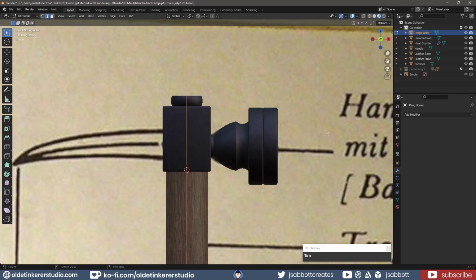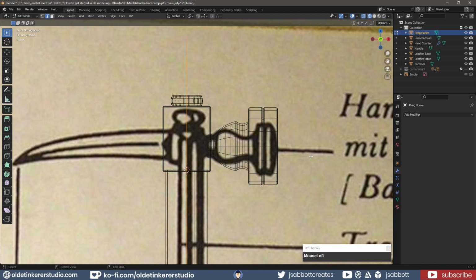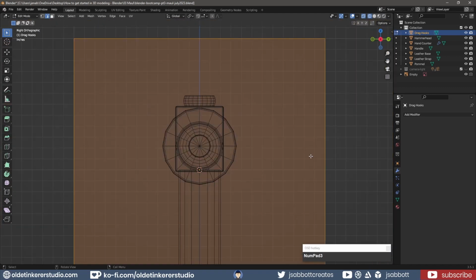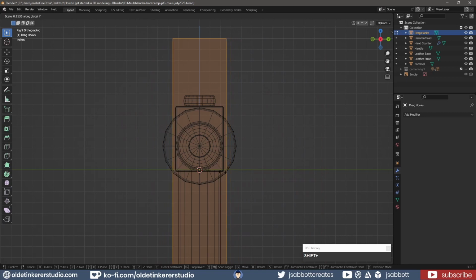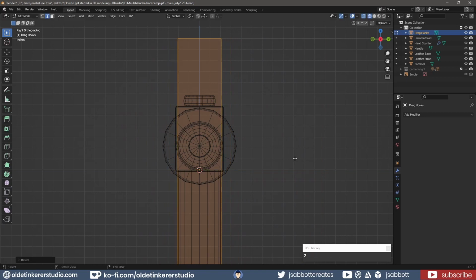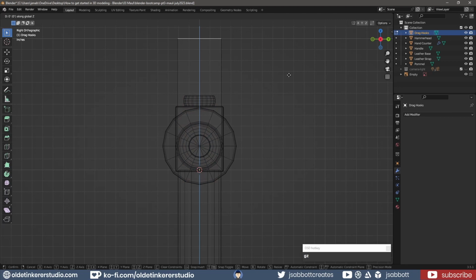Tab into Edit mode. Use the Z key to enter wireframe mode. In the right side view, scale the plane along the y-axis using the S and Y keys until it's the same width as the handle. In Edge Select mode, select the top edge. Move the selected edge down along the z-axis using G and Z until it sits just underneath the rounded top